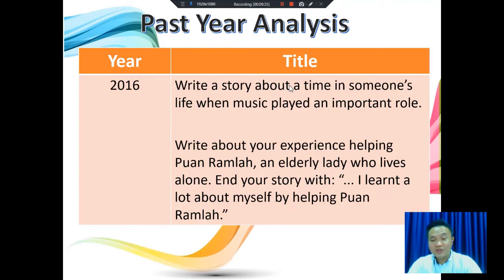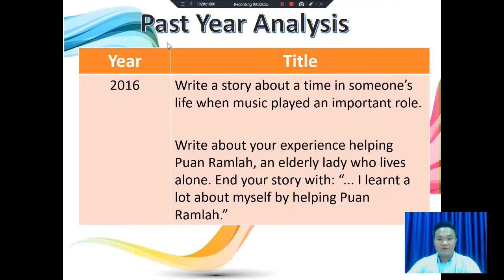So ladies and gentlemen, in this essay, you have to talk about how you help Puan Ramla, and by helping Puan Ramla, what have you learned? In the process of helping Puan Ramla, what are the lessons that you have gained from it? So that is the question for 2016. Now, let's look at